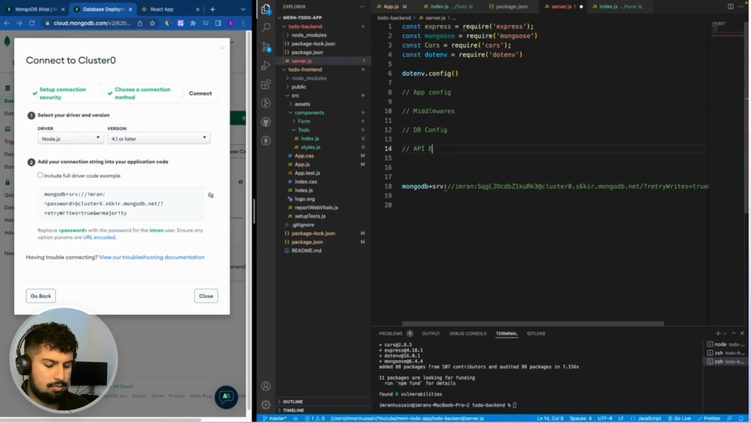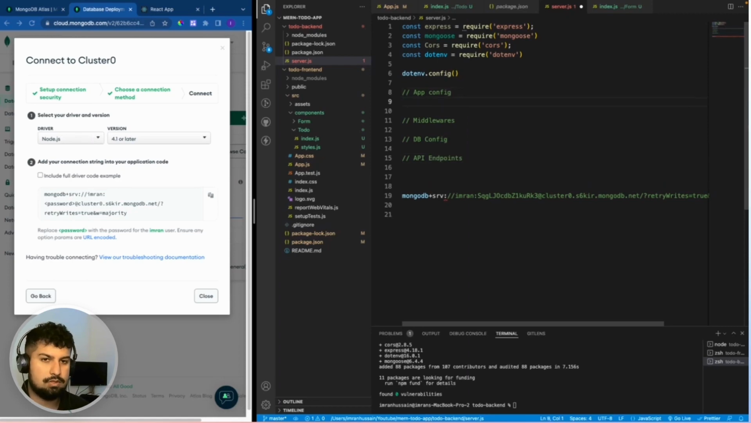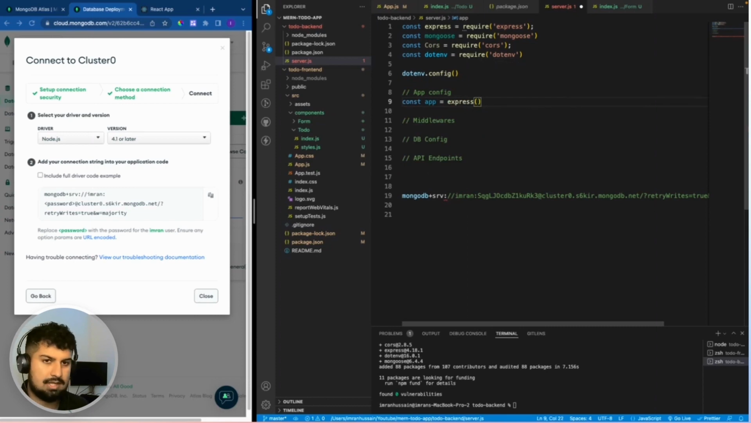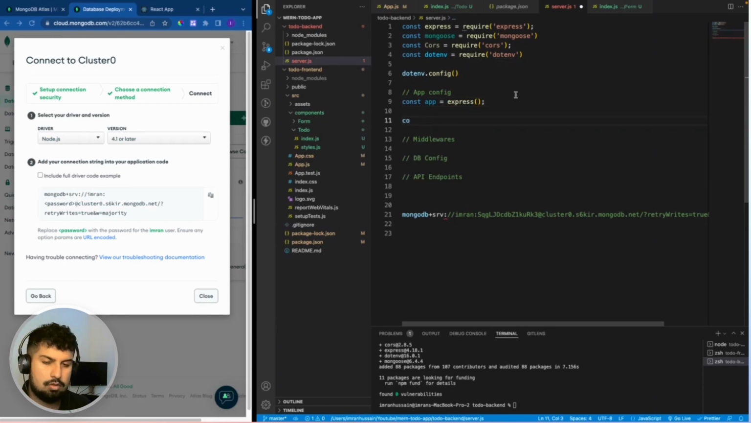So API endpoints. So first off, we're going to initialize the app. So const app is equal to express. So we're initializing express. So that's our app. We're going to create a port. So const port, which is equal to